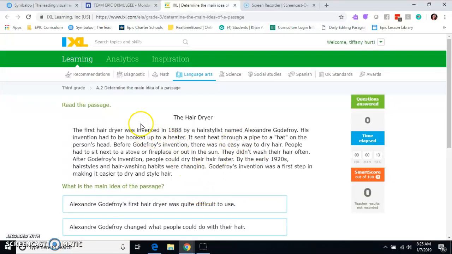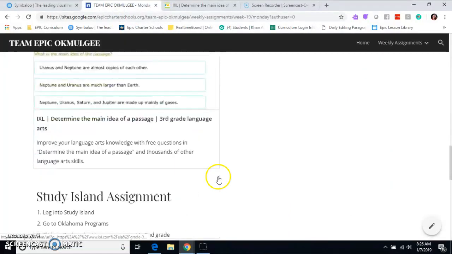Now, let me tell you, you will not always be doing your grade level. In fact, the plan is to go all the way back down to the very beginning, 2nd, 3rd grade, and work your way up, even if you're in 8th grade, because we're going to make sure that you truly, truly understand what main idea and author's purpose is. So you're going to do 3rd grade main idea, 4th grade main idea, 5th grade main idea, all the way up if you're in the upper grades. Now, if you're in the lower grades, you're not going to do all the way up just because you haven't gotten to that level at this point. So you will do the IXL.